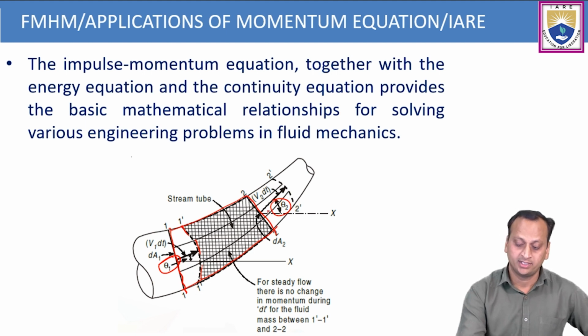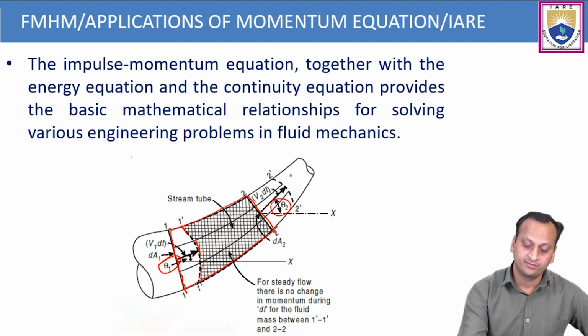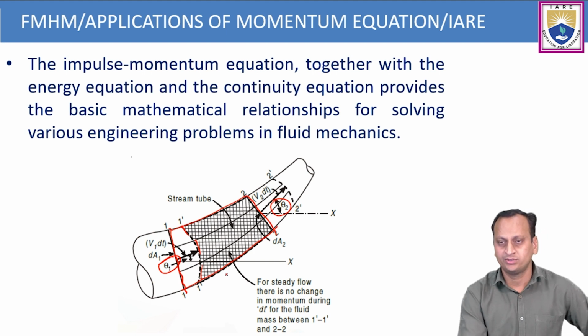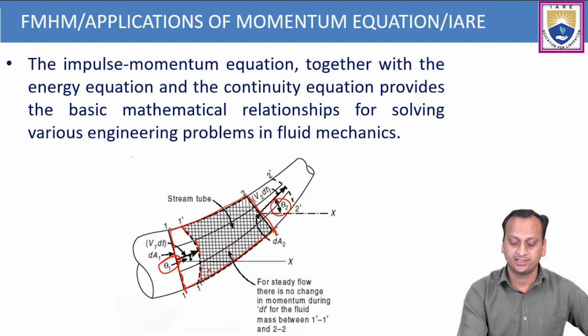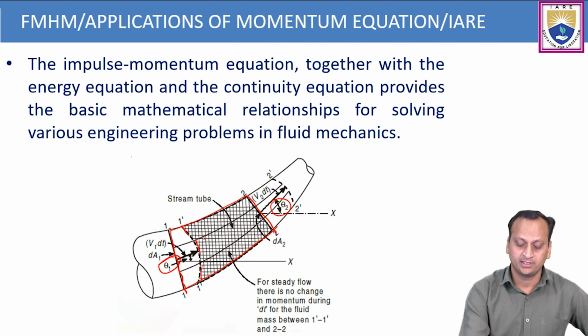Here is another one at 2-2. Again, it is deformed to 2'-2'. This is due to the non-uniform velocity of a fluid flow. So if the velocity is varying with respect to time, in such cases the shape will be deformed